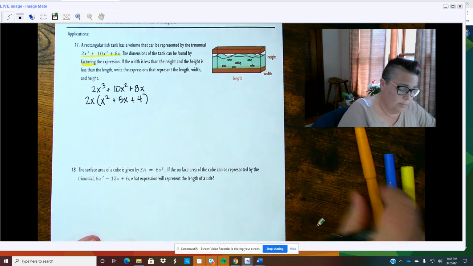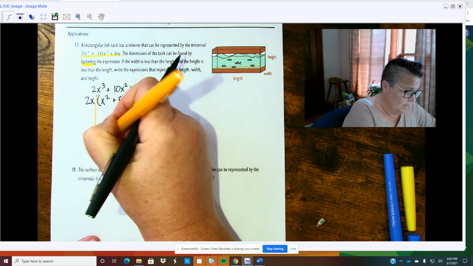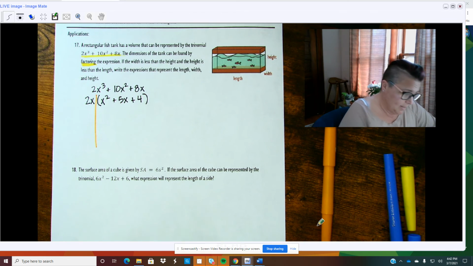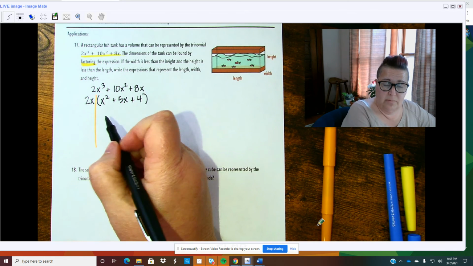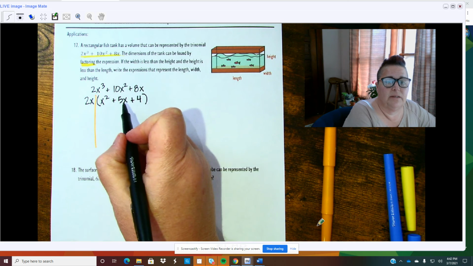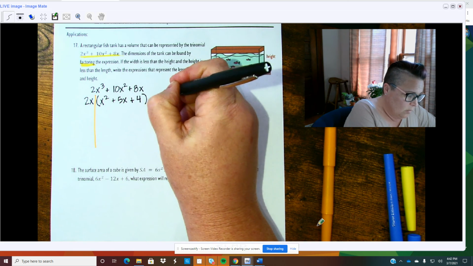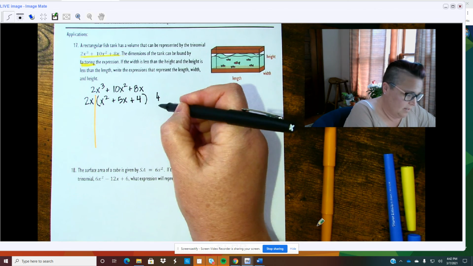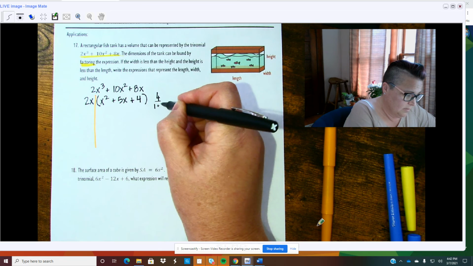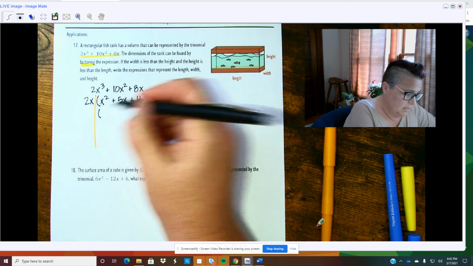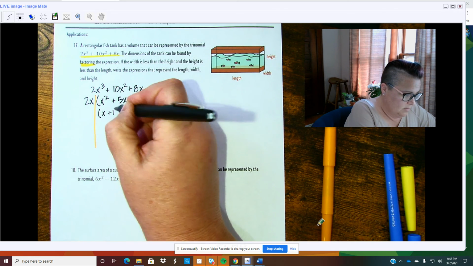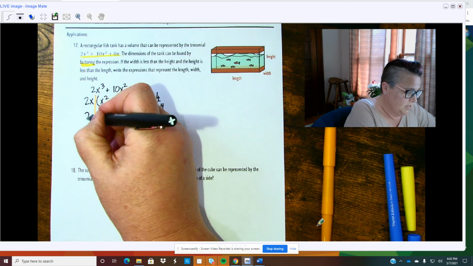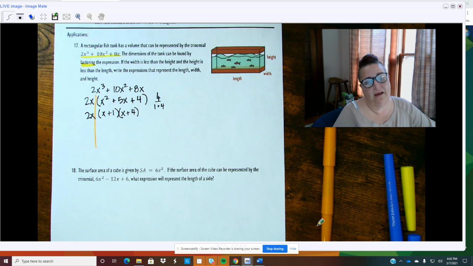Now, inside my parentheses, I still have a trinomial. We know sometimes those work out to be prime, but if I use my mental math skills for x squared plus 5x plus 4, what numbers multiply to give me 4, but will add to give me 5? Well, that's 1 plus 4. So this would be an x plus 1 and an x plus 4. Pulling my 2x down, I now have